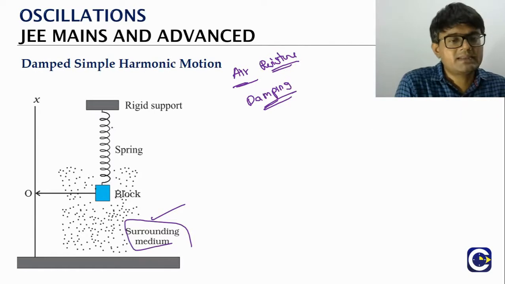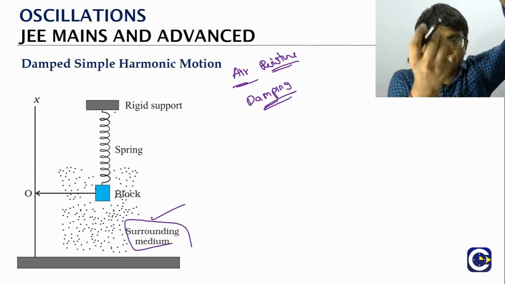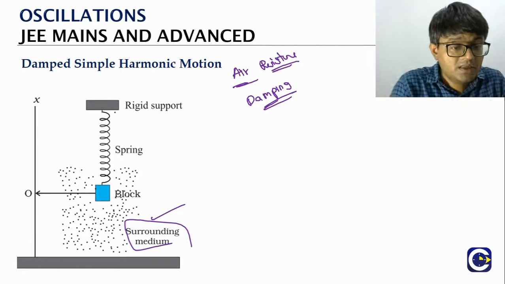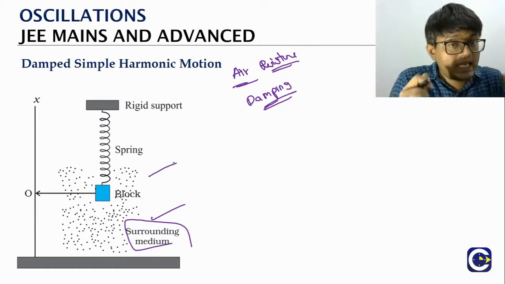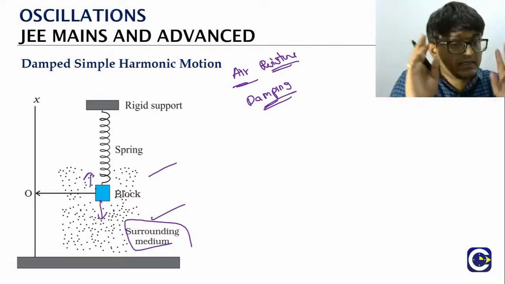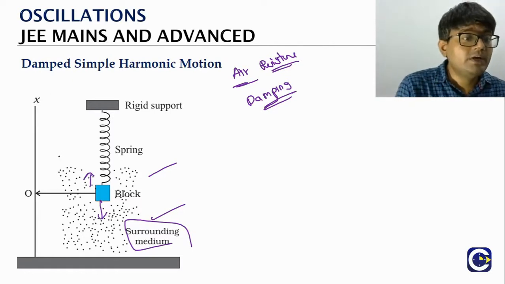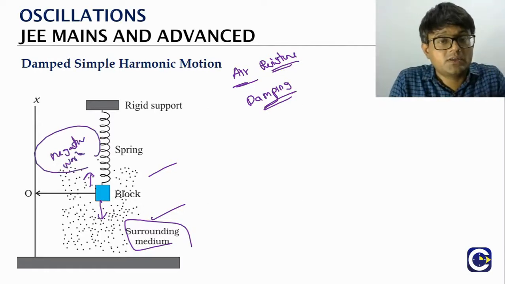Like you look at the spring mass system, right? Normally we just give it a little downward pull or push it up and leave it, which theoretically should keep on oscillating forever, for an infinite amount of time. But if this is in a medium like air, the air drag will operate. How will the air drag operate? If the block is moving down, the drag force of the air will be opposite. The drag force will always be opposite to the direction of motion, which means it will be doing negative work, because if the displacement is in one direction and the force in the other, the work will be negative.